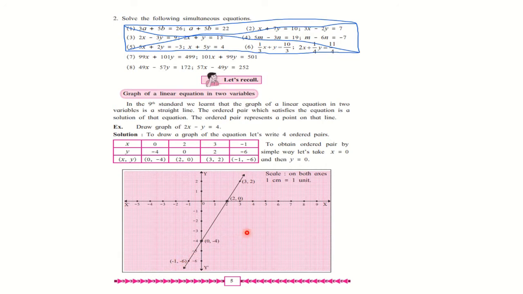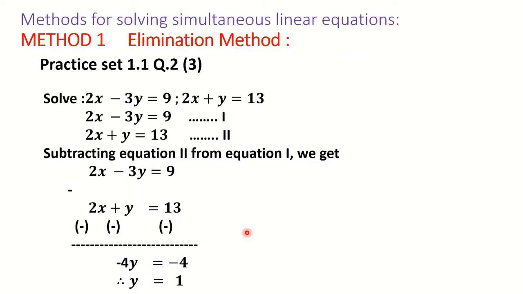Okay. So if we plot the two lines for two different equations, these lines are going to intersect somewhere on the graph, and that point of intersection is nothing but the solution of the linear equations in two variables or simultaneous equations. Okay. So that is why the graphical method is used. Let us see now how it is done.